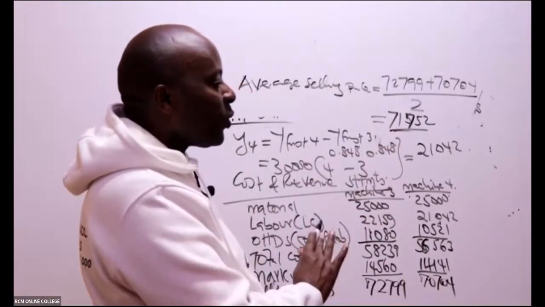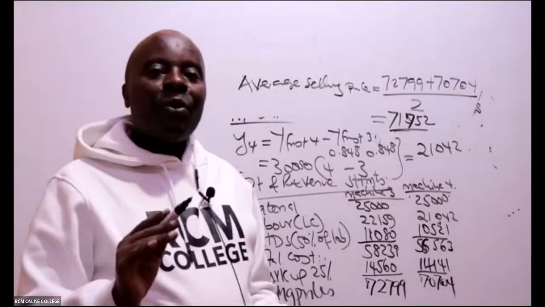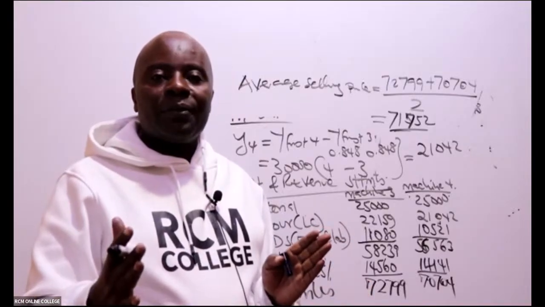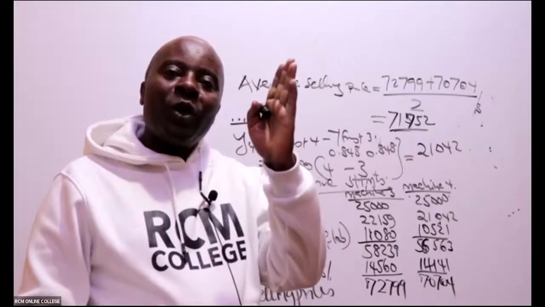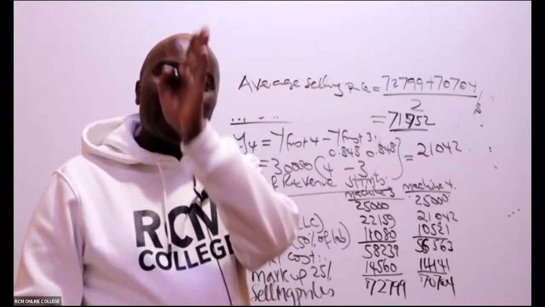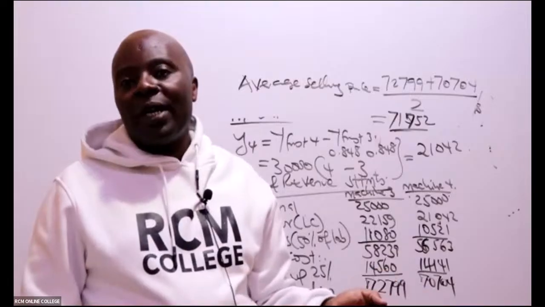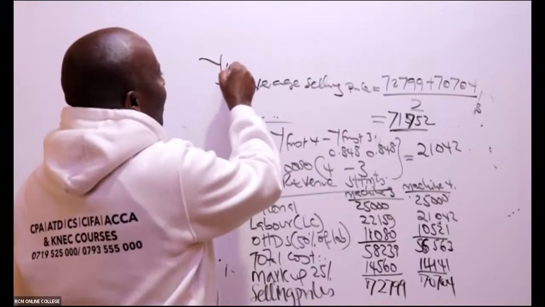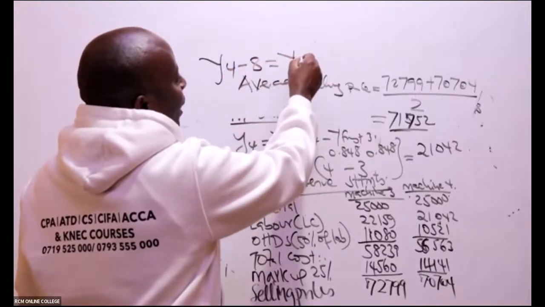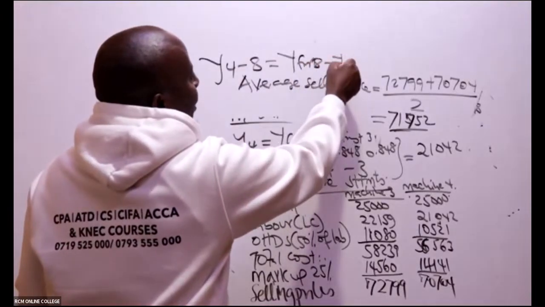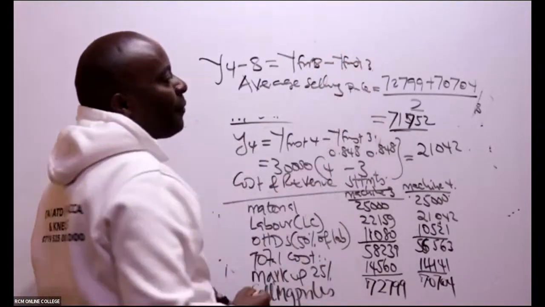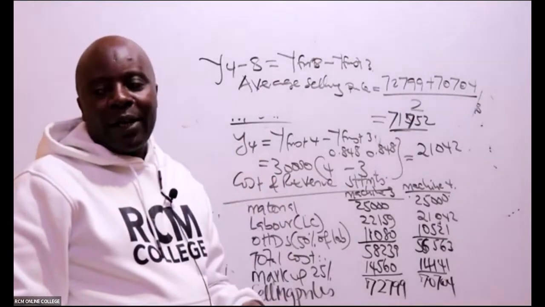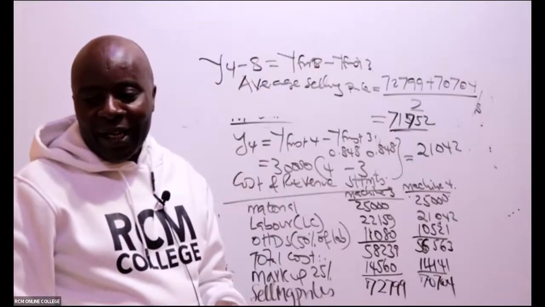Do you know why? I've seen this one costing my students. There is a time they brought a question you'll be able to see on the past papers, machines 4 to machines 8. And a ninja here was calculating for each one of them, 4, 5, 6, 7, 8. You end up using more than an hour doing a useless question. If they tell me 4 to 8, as a serious ninja, I will come and expand this. Say it is y first 8 minus y first 3. And then I get labor time for the total. And then I roll the ball.